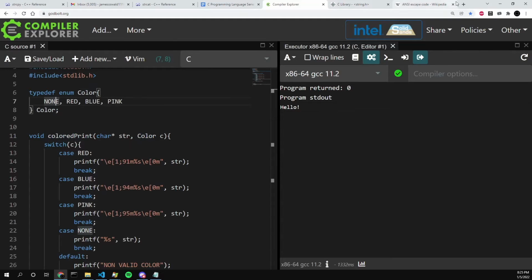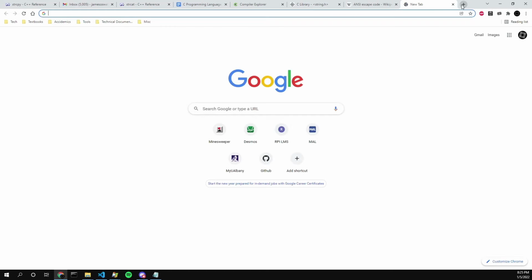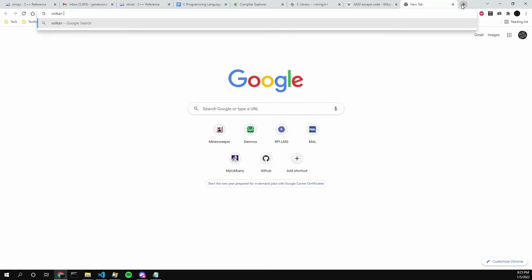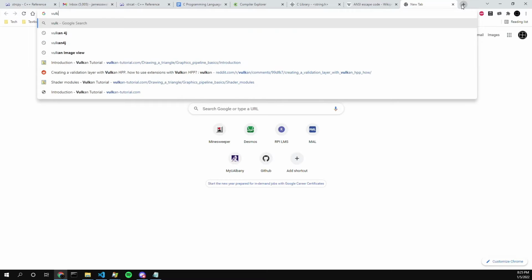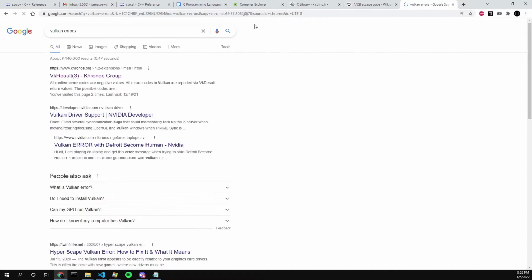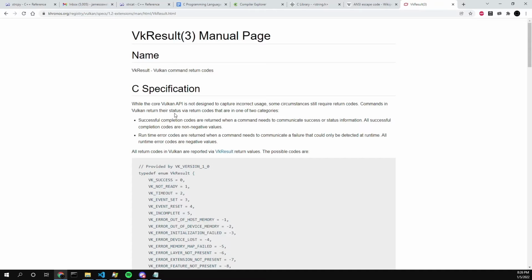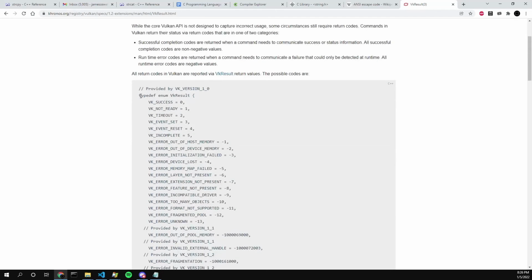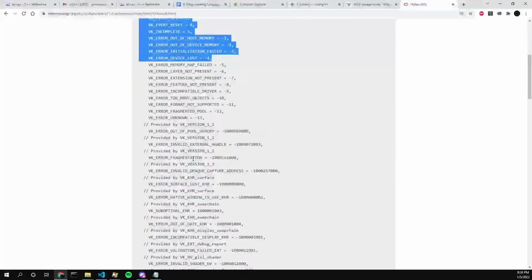Okay, so the other thing is you might have an error handler where you're passing in an error. For example, I think the best example of this would be to show off a C library that uses enums for its errors. So what I'm going to look at is the Vulkan errors. Okay, VkResult. So VkResult is an enum that is defined to have all of these different error codes